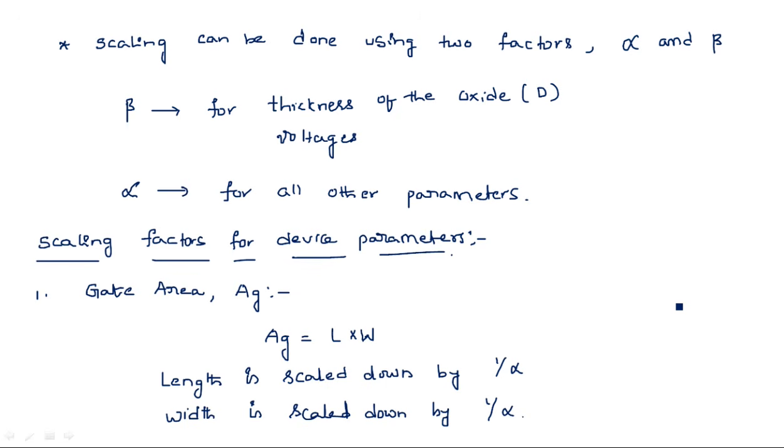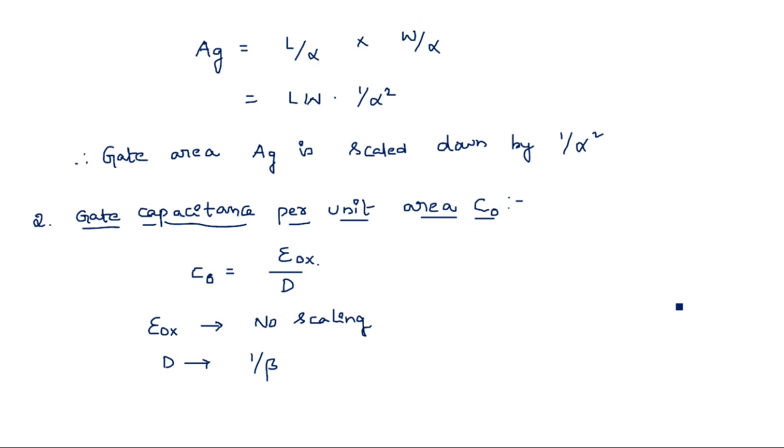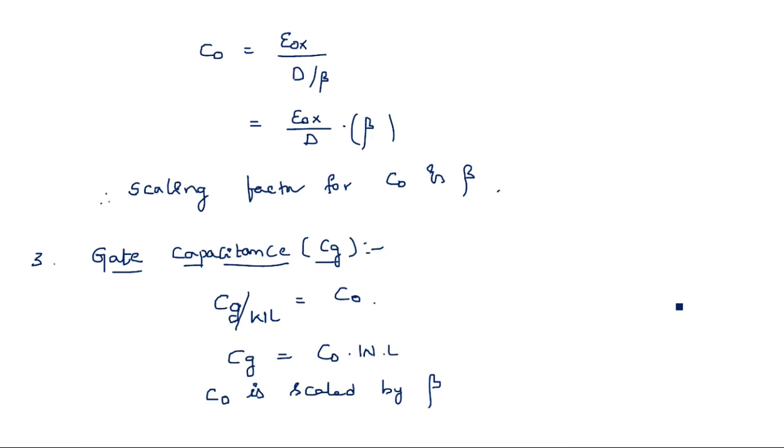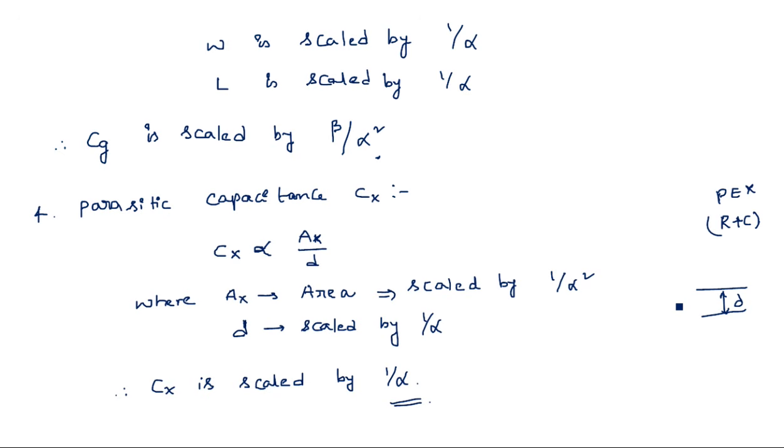For all the parameters to get scaled, beta is for thickness of the oxide and voltages, and alpha is for all other remaining parameters. So we have seen the first four parameters: gate area AG, which is scaled by 1 by alpha square, gate capacitance per unit area C0 is scaled by beta, and gate capacitance CG is scaled by beta by alpha square, whereas the parasitic capacitance we have taken as the fourth parameter, Cx, is scaled by 1 by alpha. Now the fifth parameter to get scaled is